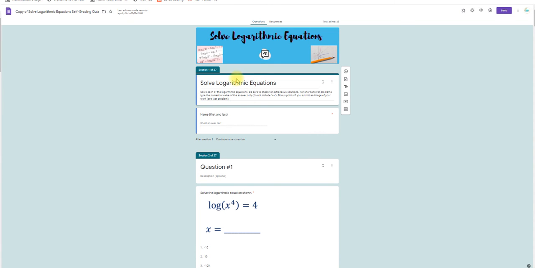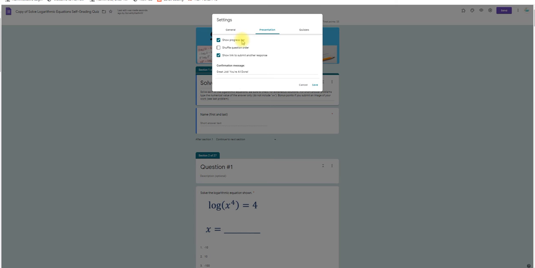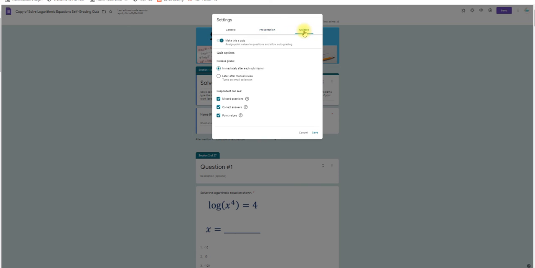So most everything here is editable. You want to start with the settings. For the settings, you're probably going to want to change to limit to 1 response per student, and all of this is in the teacher guide. Presentation, I have showing the progress bar so the students see their progress, and here you want to take away the link to submit another response, and that'll come away once you say, I want them to only do 1 submission. If you want to release the grade to the student immediately after each submission,